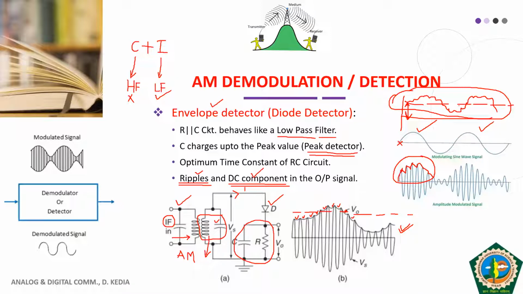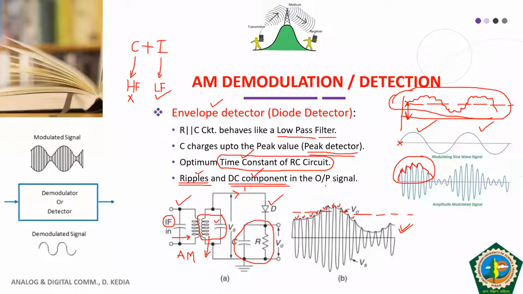So that is the working of your envelope detector or diode detector circuit. I hope all of you have been able to understand this. One last point in the diode detector, which I need to explain, is the time constant of the RC circuit. We already know that whenever we have resistance and capacitance, either in series or in parallel, the RC circuit has a time constant, and the time constant decides how much time your capacitor will take to charge or discharge. If your time constant is small, your capacitor will charge at a faster rate. If your time constant is large, then your capacitor will charge at a slow pace.